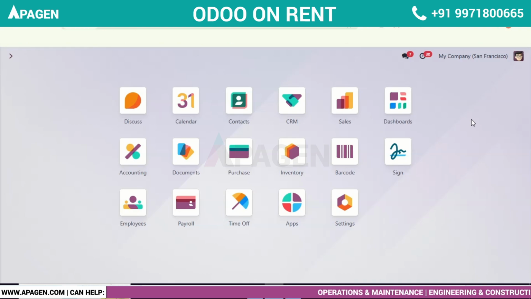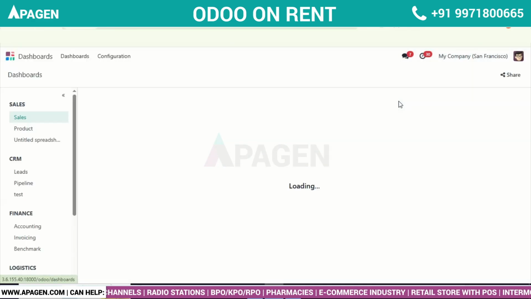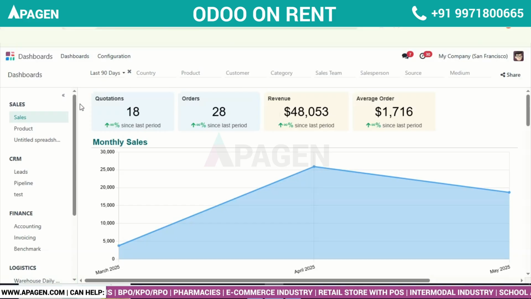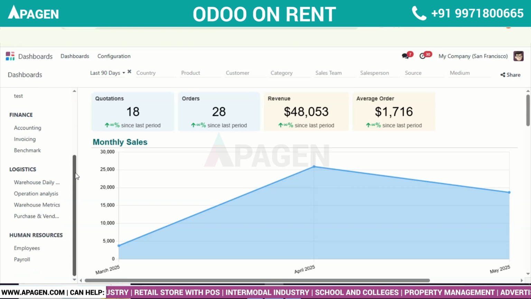In the case of the top management, if they are looking for a compressed version of reports for the different operations within the company to get an overall view, they can easily go to the dashboards, and the dashboard integrates each of these sections. On the left-hand side, you can see that we have the sales, CRM, finance, logistics,